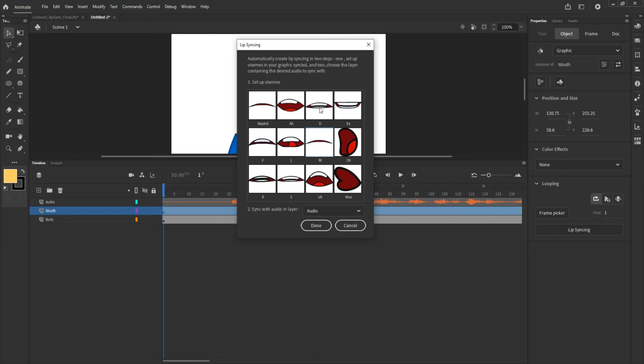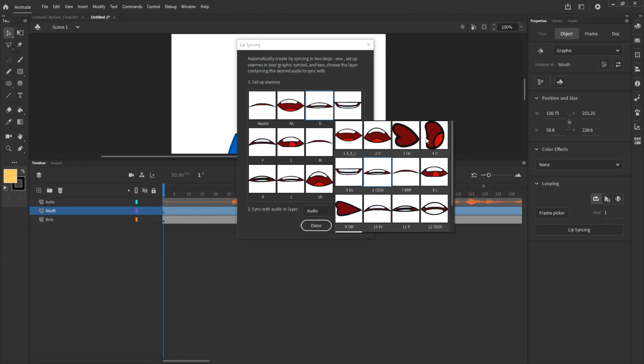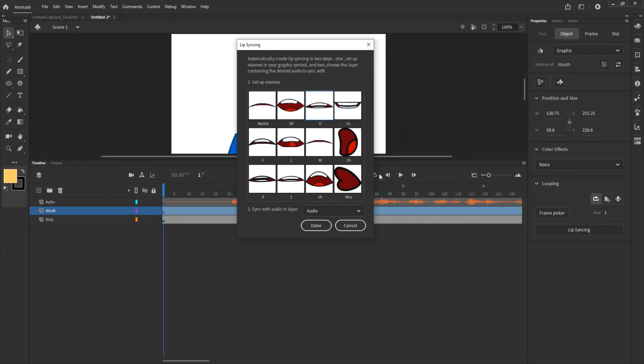Which sound matches my sound D, the letter D? So I'll go, that's a no. This is a D right here. So I'll choose that. So with that, then once you match all of the frames to the sounds from your